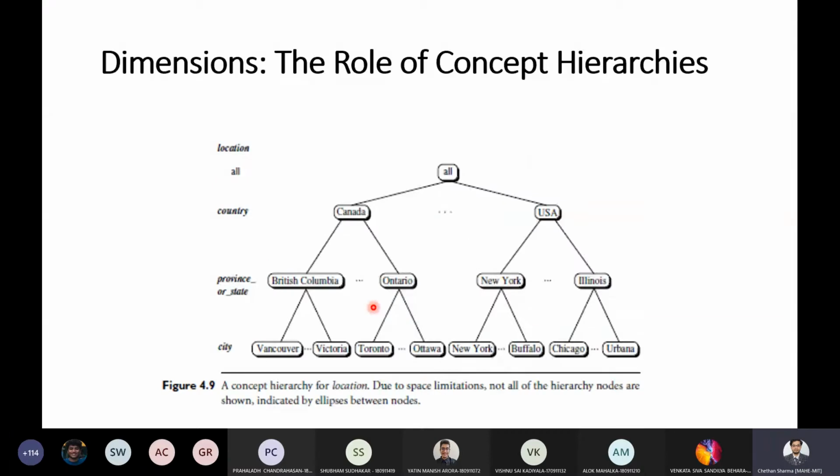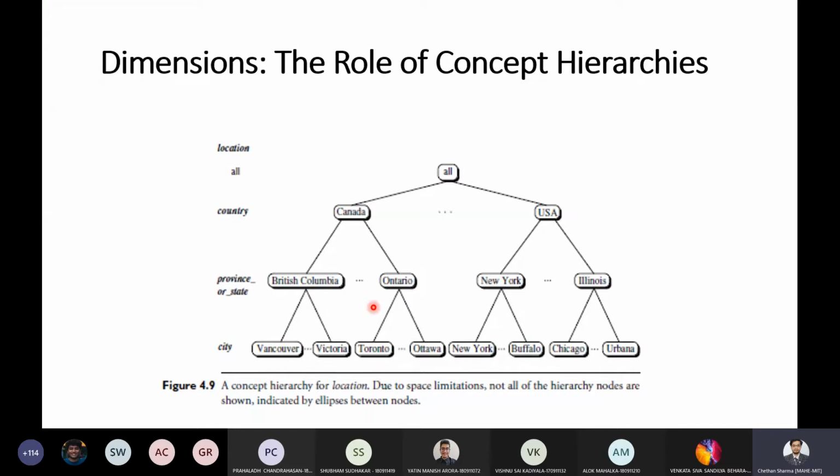The next thing is the role of concept hierarchies. As the name itself suggests, a concept hierarchy defines a sequence of mappings from a set of lower level concepts to a set of higher level, more generalized concepts.